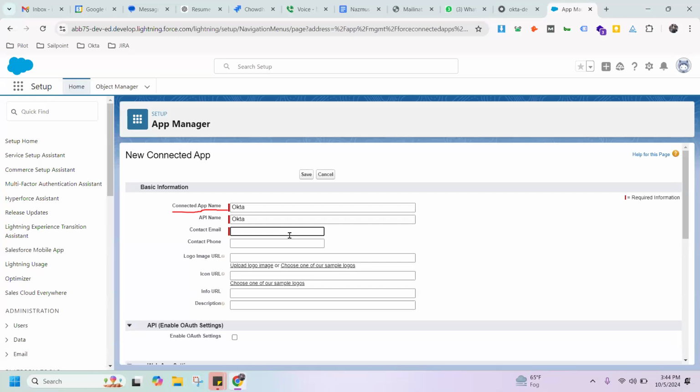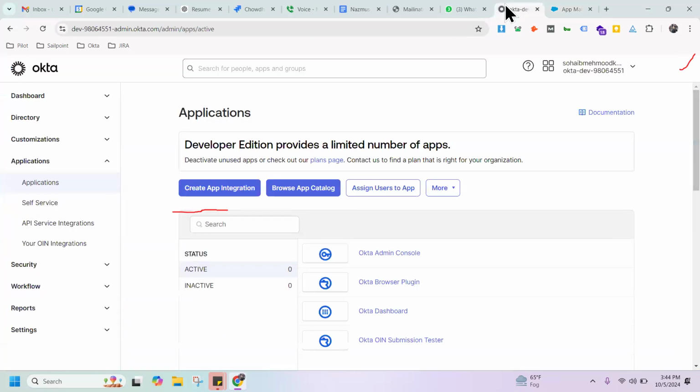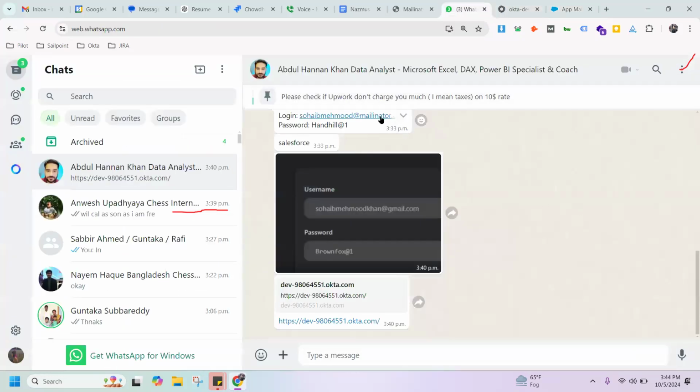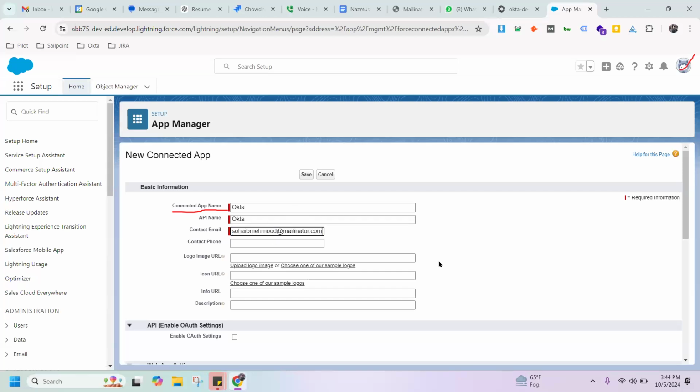It's where Mahmood at the rate of Mahmood, of that Salesforce, same, that was for this account. The Gmail or the mailinator? Remove that Khan and